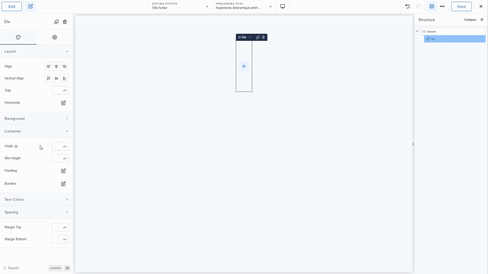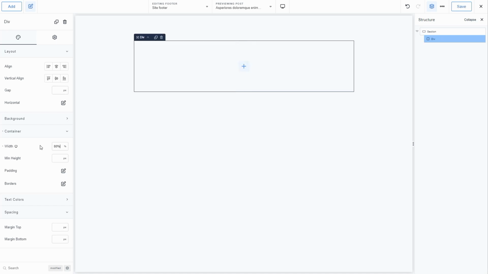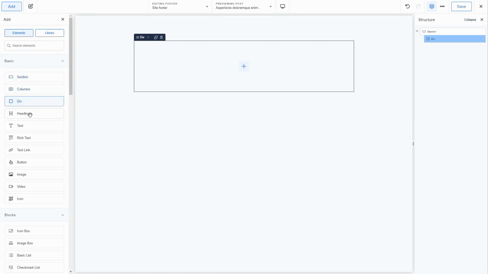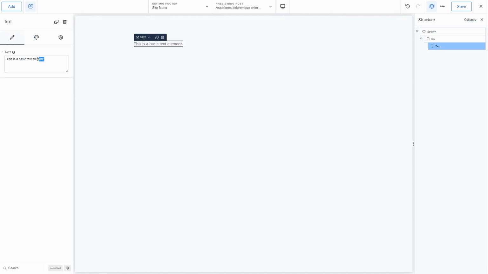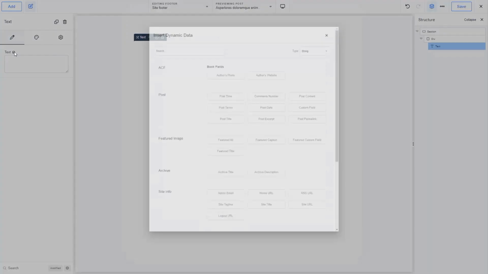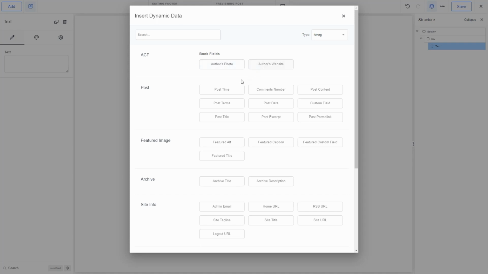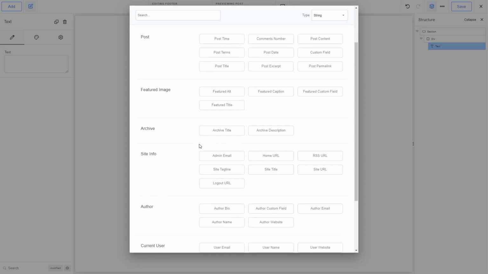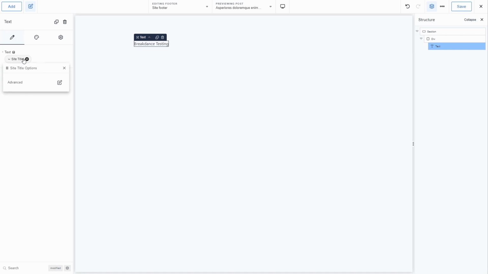Okay, then on the div, let's find our width. So we don't have max width there. So I'm not really sure what to put in there. Let's say 80%, I guess. And then let's add our copyright, put in a text, and site title. Let's try site title. Here's a little database icon: ACF book fields, post fields, featured image, archive, site info, site title. Site title,